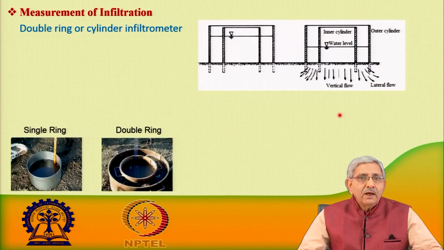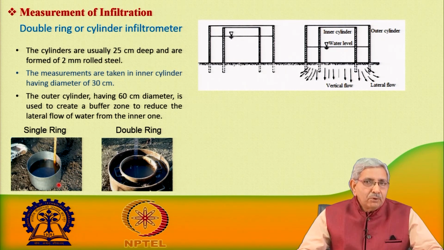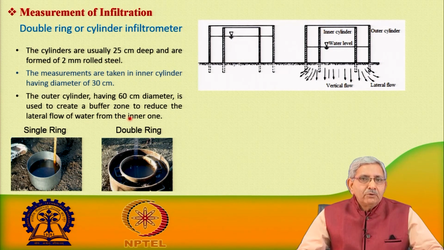Now, infiltration can be measured by using a single ring infiltrometer or a double ring infiltrometer. In the case of a single ring infiltrometer, you are finding out the depth of water fall in the cylinder. Now, it may happen that beyond this depth of cylinder, water may go in the lateral direction. So, that is one limitation in the case of the single ring infiltrometer. But when we are using a double ring infiltrometer,